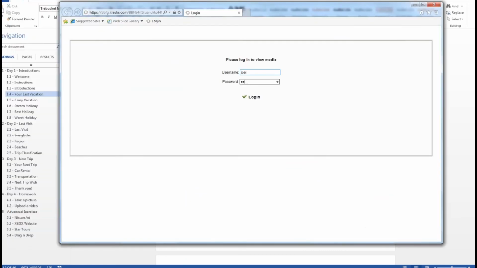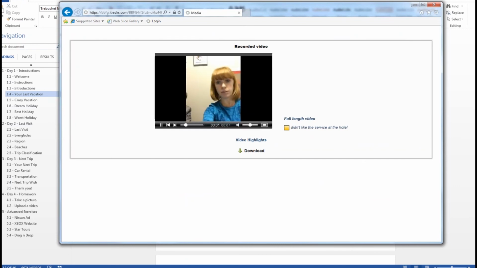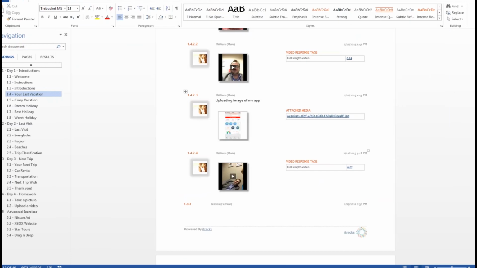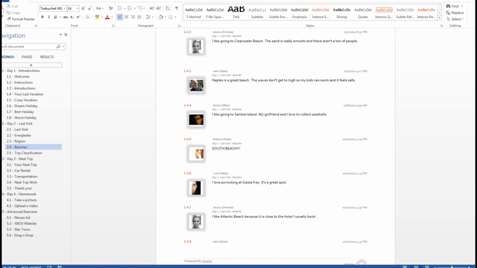I just have to actually hold the control key down, and I can click on any one of these videos, and that brings up a login page for me, and I can log in and I can take a look at that video online directly in the interface. That was kind of a funny video, but just a quick example of how you can interact with the media